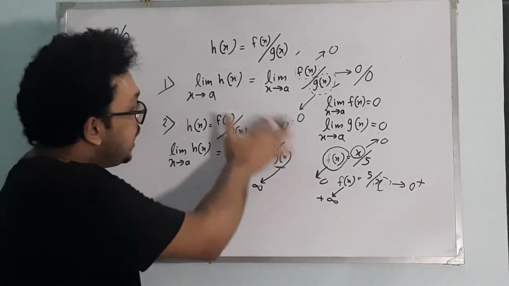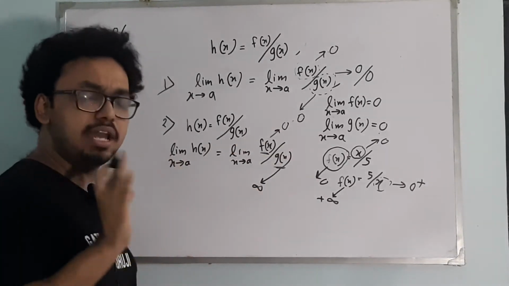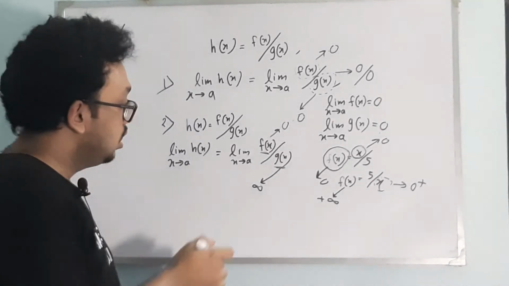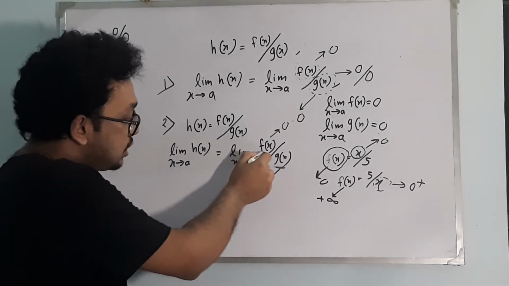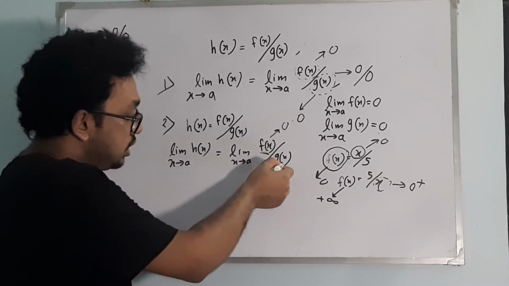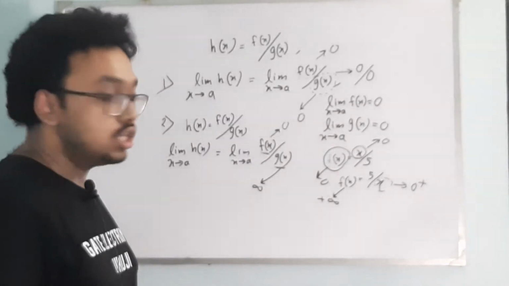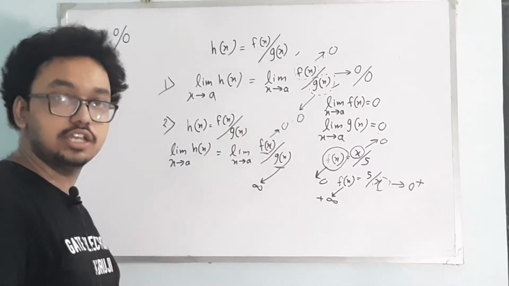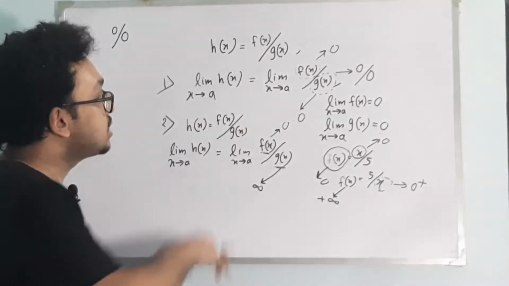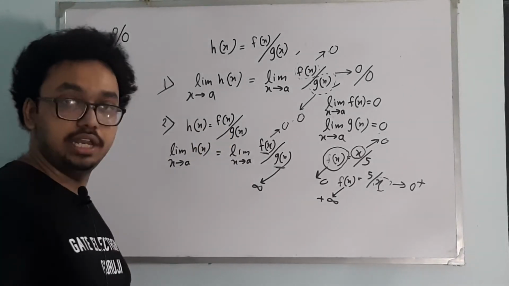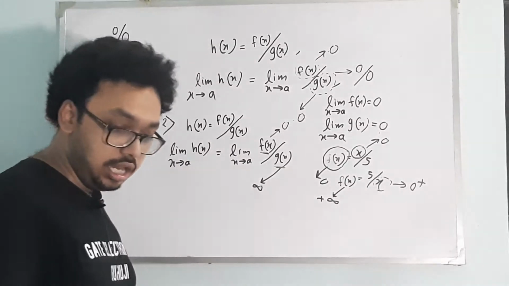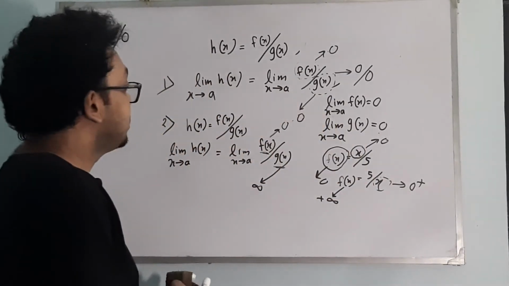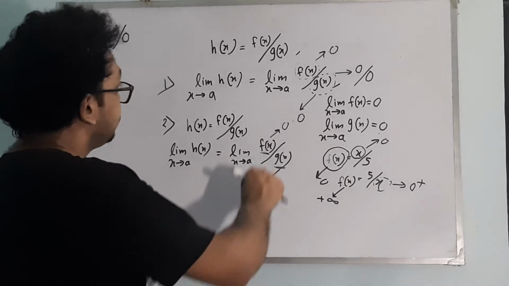So without doing any further calculation, just by observing the function, we cannot directly say whether the numerator is predominating or the denominator is dominating. So we have to do some calculations to check whether the limit exists or not and what the value of the limit is. That's why this is an indeterminate form. Now let us try to understand how to solve a problem if it is given in 0 by 0 form.